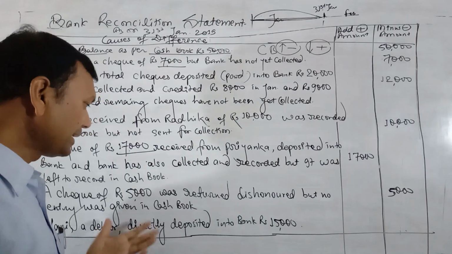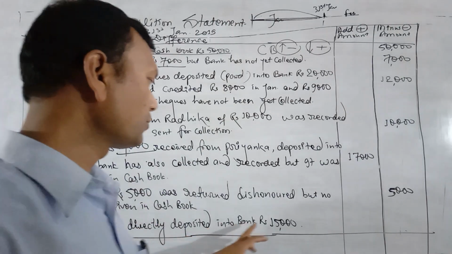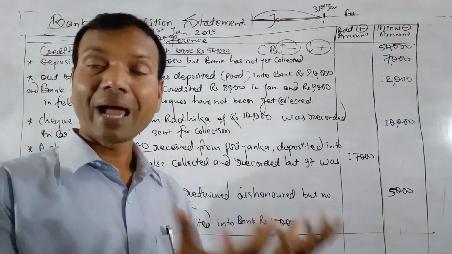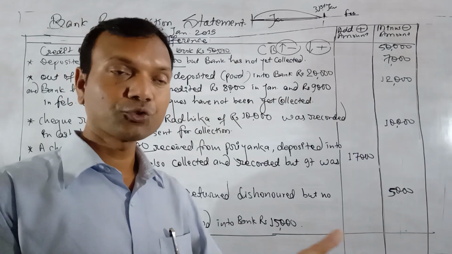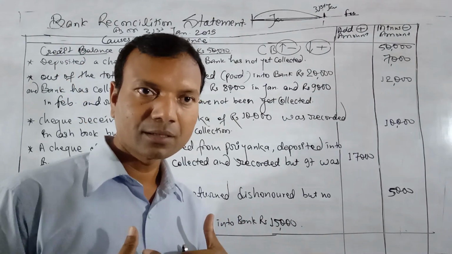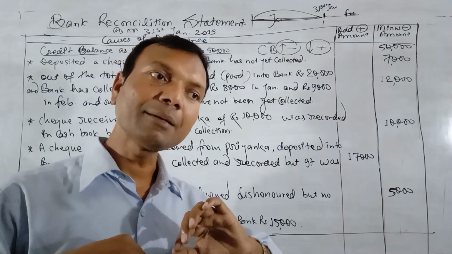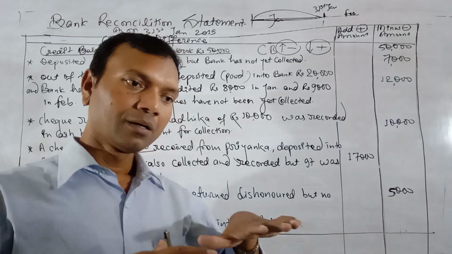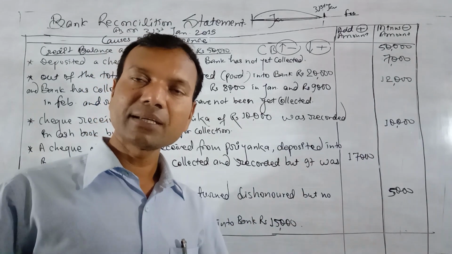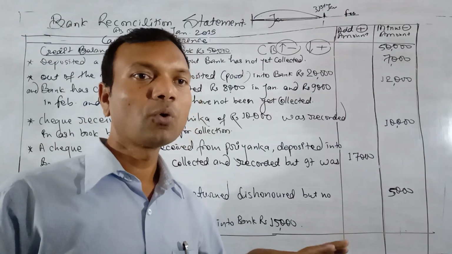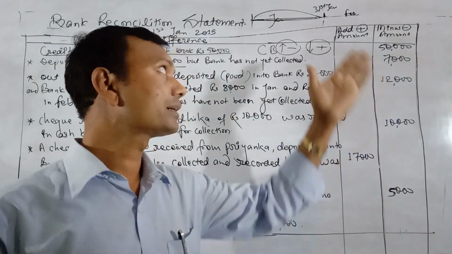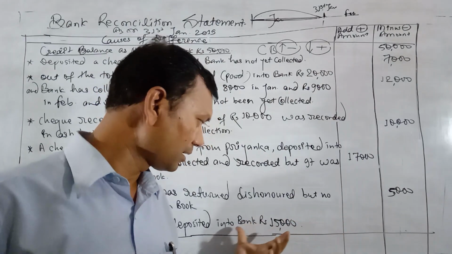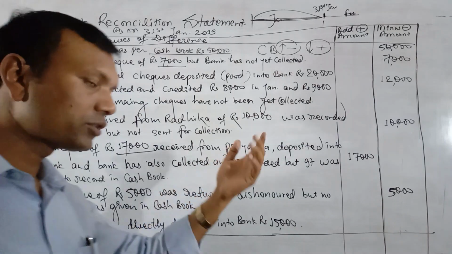And the last question. Hari is our debtor. He has directly deposited rupees 15,000 into the bank. Think how this is happening. We have sold goods to Hari, he is our debtor and he should pay us. But he did not pay us directly; he paid into our bank account, so we don't know whether he has deposited or not. We only came to know when we took the bank statement on 31st January, and saw that Hari, our debtor, has deposited directly into the bank.